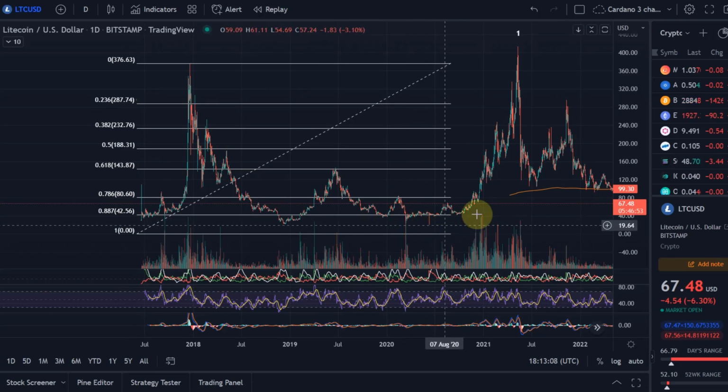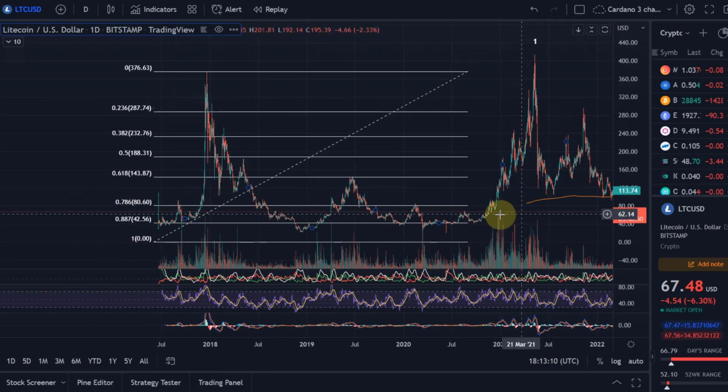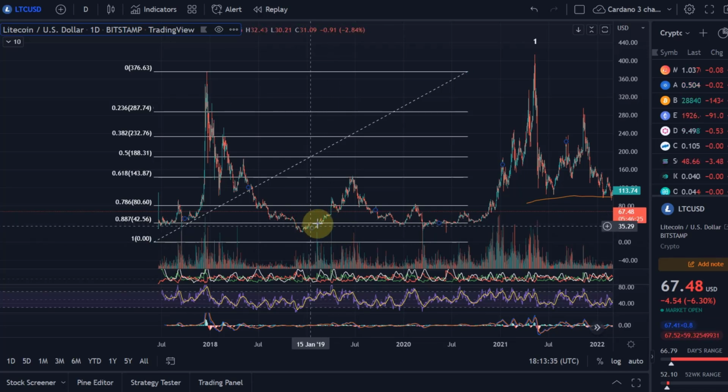That was when COVID started, and other than that, it has held above the 88.7% Fib level, because this was the first wave 1. You typically start at 0, counting with the Fibs. You can see that it adhered to this 88.7% Fibonacci retracement level really well. Therefore we need to understand that it is not a problem if a cryptocurrency drops below it for a short period of time, weeks, maybe even a couple of months, but it has to recover after it.